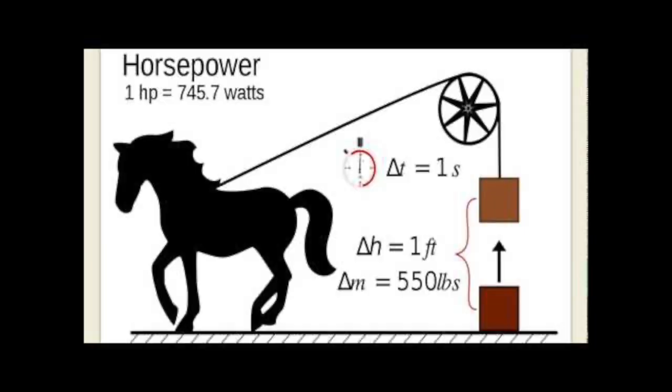One of the values in power is something that I think was James Watt's doing. He concluded that there was an electrical equivalent to what horses could do. And so there's a number that's given to that, and you'll see that in your text, but that number is 1 horsepower, or 1 HP, is equal to 746 watts.